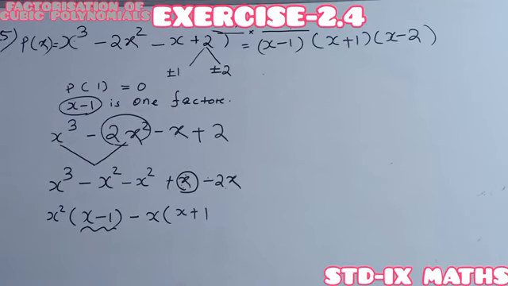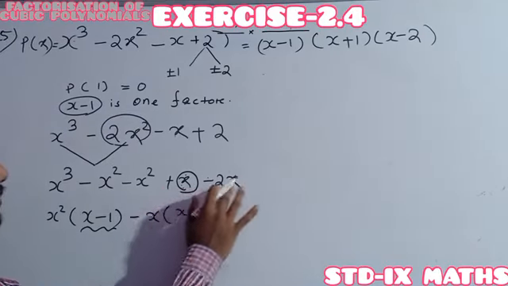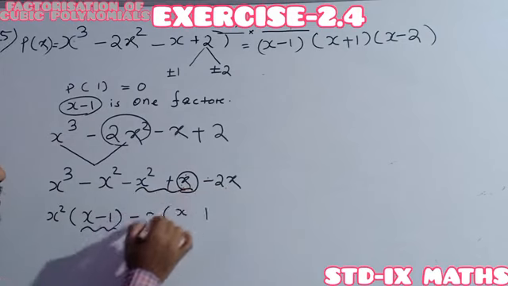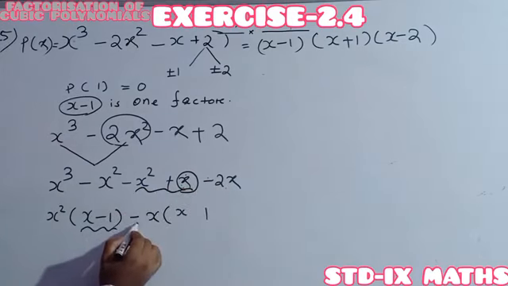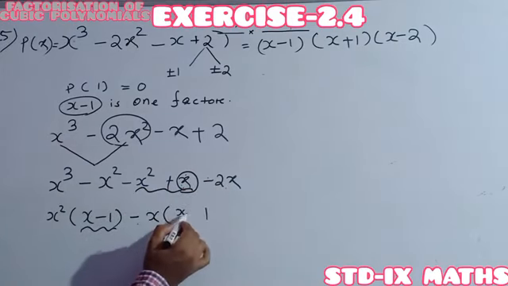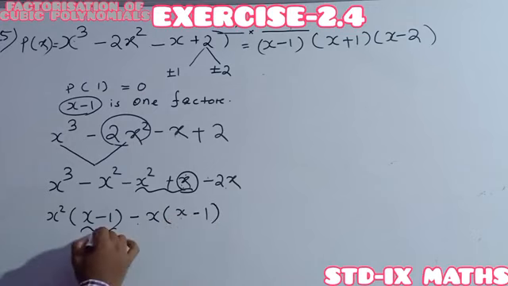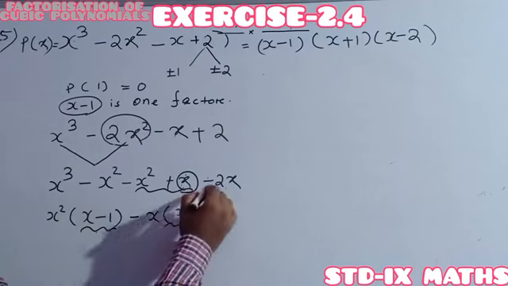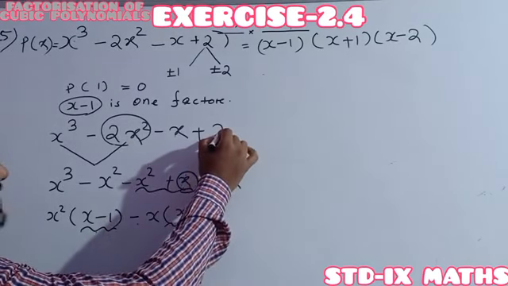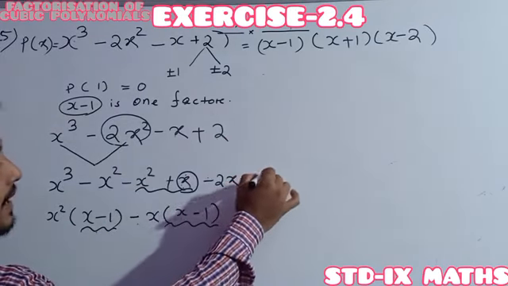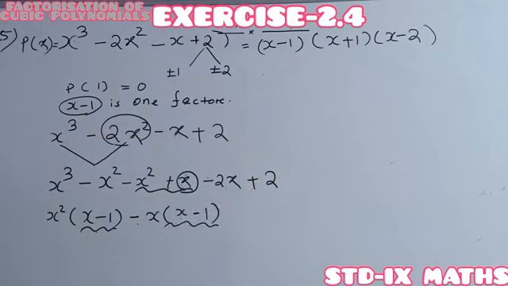Understood? Then from these two, whenever minus x is taken as common, within the bracket x minus 1 will be there. So here it is x minus 1, also here it is x minus 1. And finally, which one will be left? The last one is 2. No need to do any arrangement for the 2. The last one will remain in the same form.